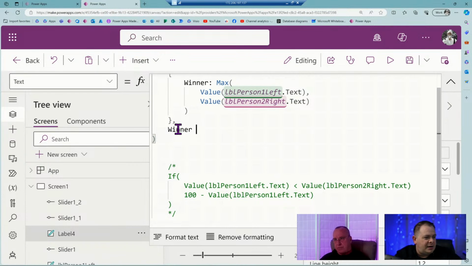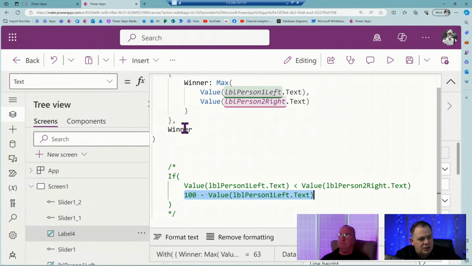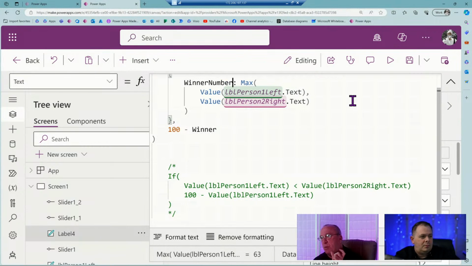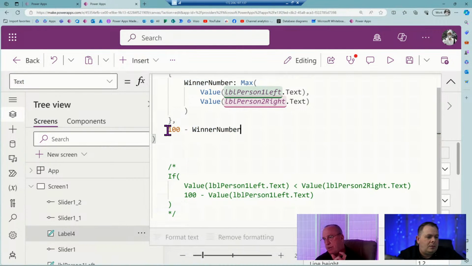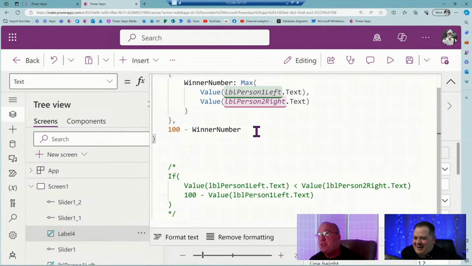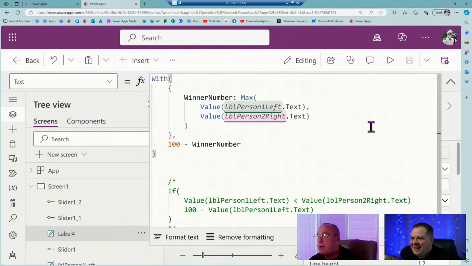So what we're trying to do down here is you want to take, trying to get your math here. So you want to say 100 minus the winner number. Well, that's a conditional number because it's going to either be a 100 minus or 0 plus the winner number, depending on which one won. So it's either 100 minus the winning number or 0 plus the winning number. Because it's offset. We don't know which side we're going on.